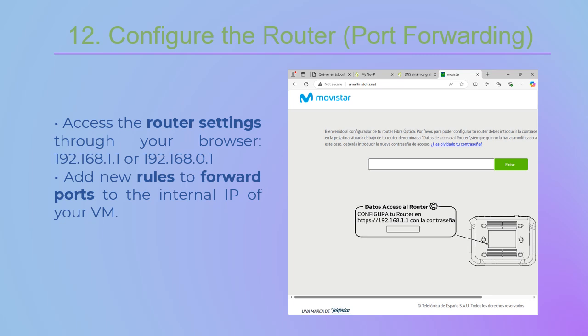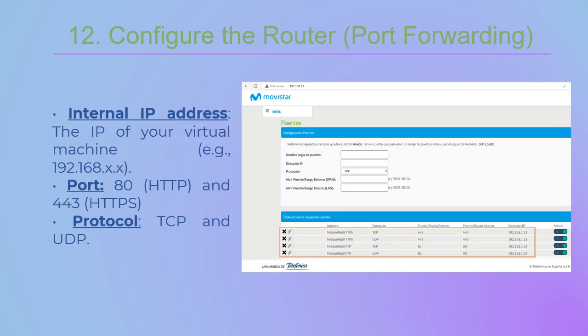And then we will see that we have to go to the section in which we will set some rules to open ports. So as I said before, in order to set up external access to our website, we need to set up a port forwarding on the router.